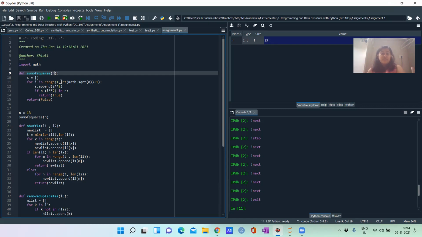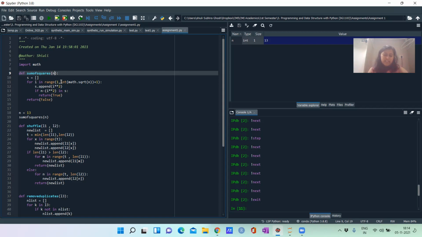It will run till 3, hopefully. So yeah, and again it will iterate to 2 1, 2 2, 2 3, like that. Okay. And you just add up the values, and if one pair equals 13, then you will return true, that yeah, we can write it as a sum of 2 squares. But if you can't find anything after exhausting all the combinations, then you just return false.